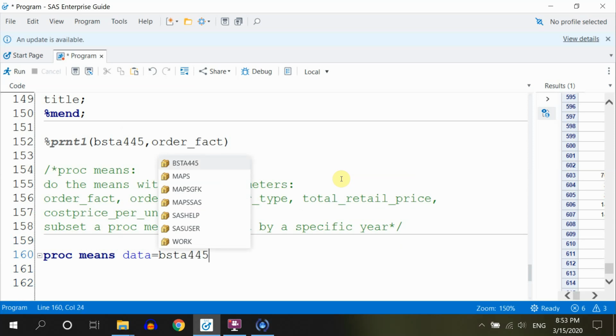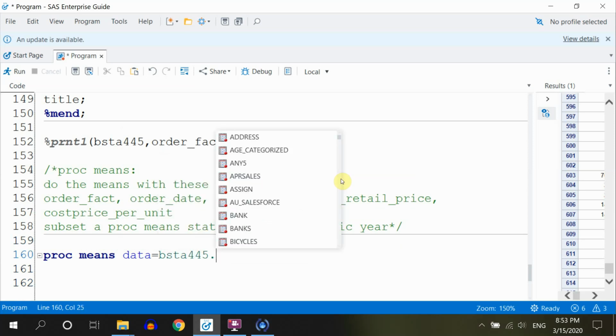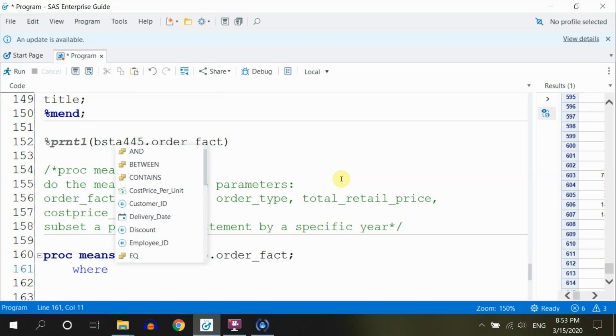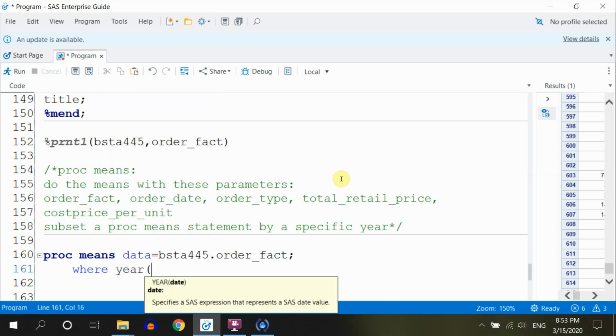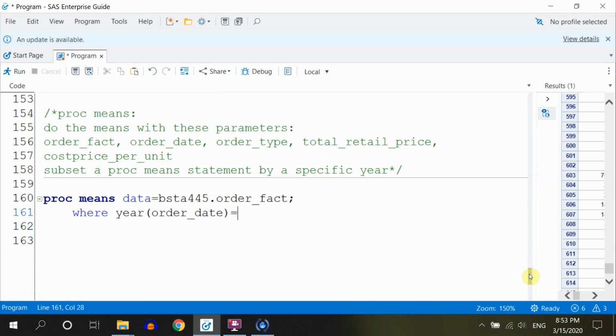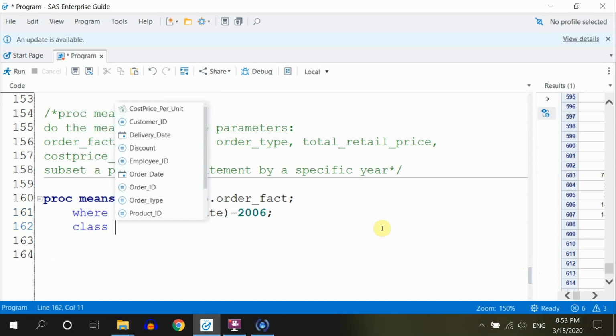Data equals BST845 dot and we're going to use the file that is called order fact, order underscore fact, where, because you can use the where statement in proc means, year from order underscore date equals some specific year. In our case will be 2006, for example,